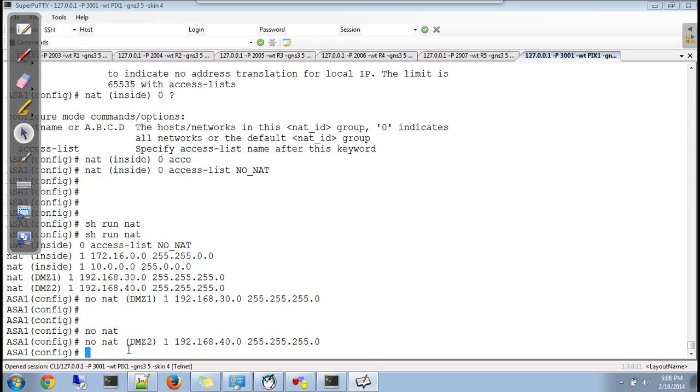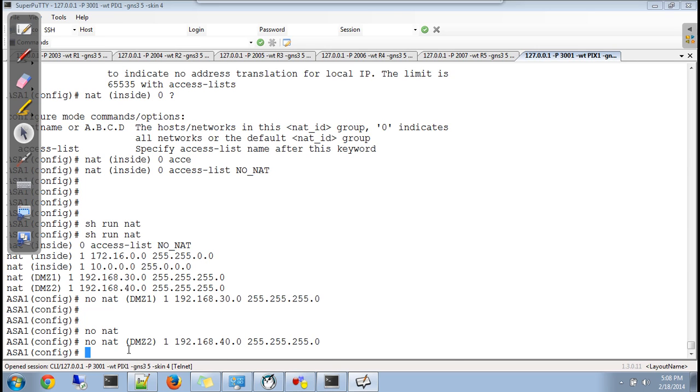So servers always are with static IPs. So the static IP is configured with firewall. One reason why servers are with static IP is because you can access them. Their IP is not changing. If their IP is changing, you will not be able to access them, because today you know the IP, tomorrow you might not know the IP. That's why we do not do dynamic patting or dynamic NATing for servers, because we need to tell client that please, this is the IP address of my server. If you want to access me on this IP. And tomorrow if you are changing the IP, how will client access you?